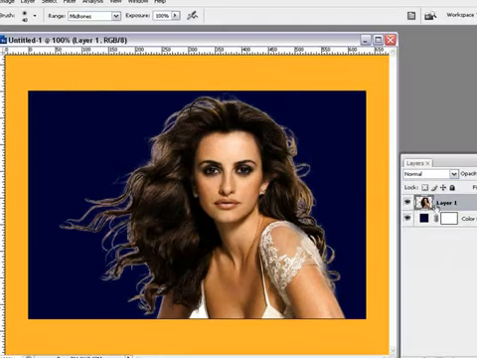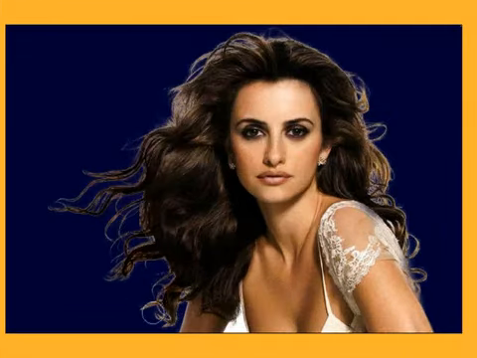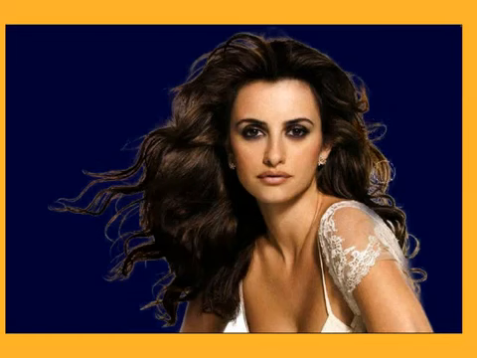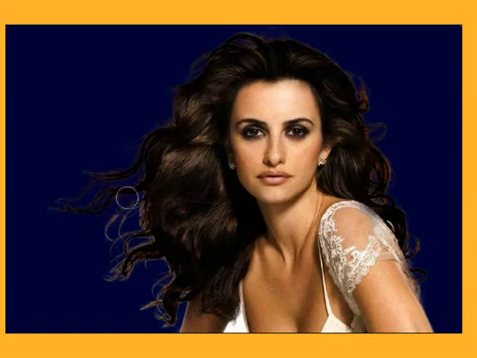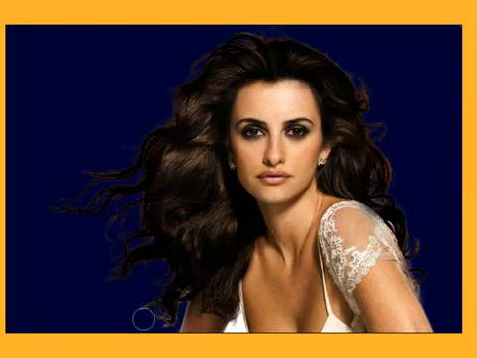Now with the woman layer selected, with the mid-tone selected and exposure 100%, we're just going to come in here and darken up these edges, try to get rid of some of that white. Didn't delete very well around here, but I'm just trying to show you how to delete the hair. In fact, I'm going to do some more tutorials on deleting, because a lot of people use Photoshop for that actual reason,